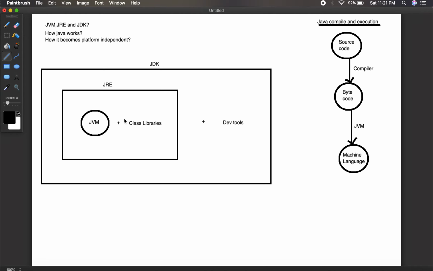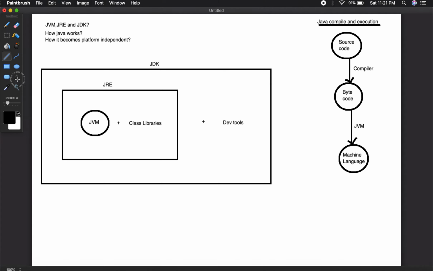The Java Plugin enables applets to run in a browser. So if you want to run an applet in a browser, Java has a plugin in the JRE that will help us run that specific applet on a web browser. And the next component, Java Web Start, will help us deploy standalone applications over our network.